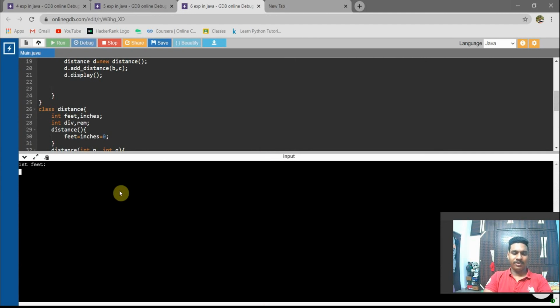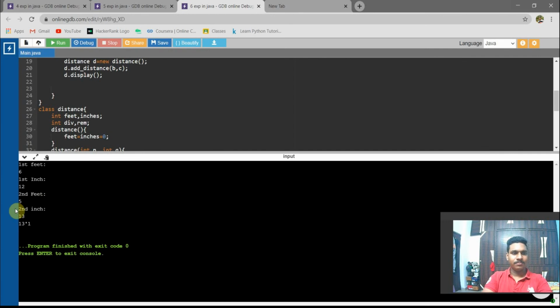Yeah, first feet we need to enter. I want to enter 13, but I cannot enter 13, so I'll go with 7 or 6 feet and 12 inches, and 5 feet and 13 inches, right? Okay, yeah, we can see 13.1 is our answer.